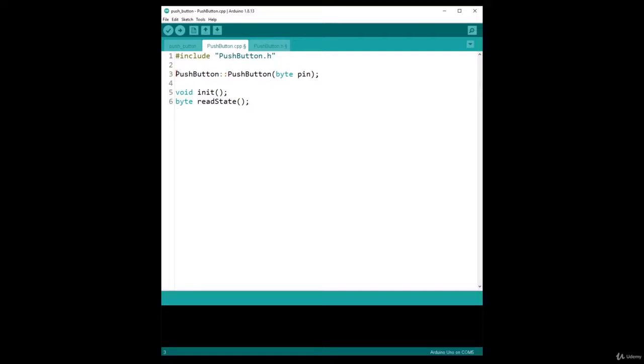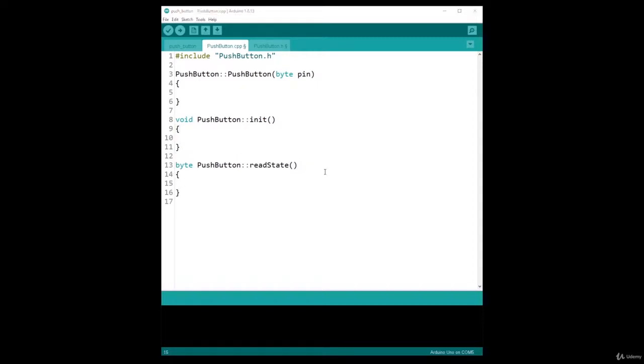So one for the constructor, okay, and then I add it here after the data type and before the name of the function, like this. And then I remove the semicolon and I simply add curly brackets,